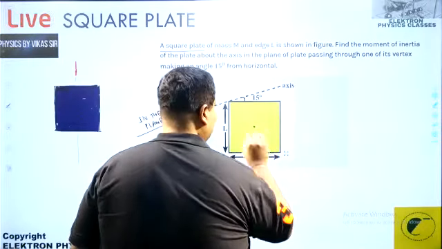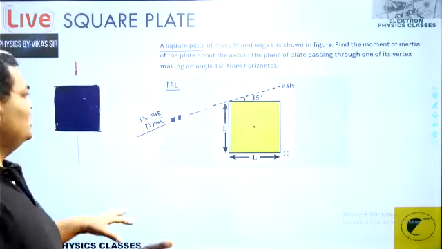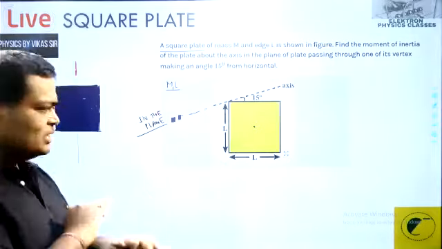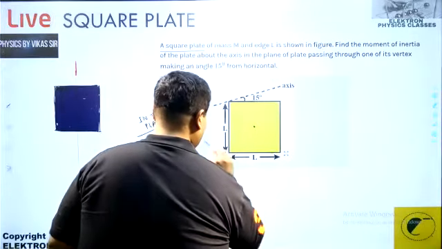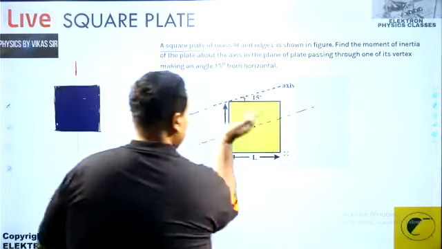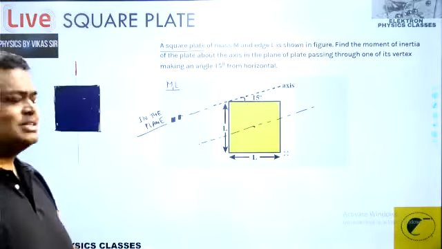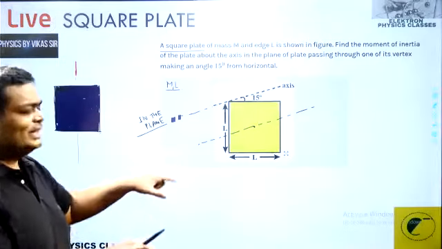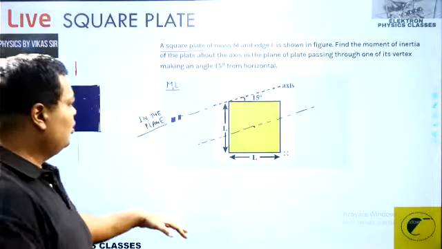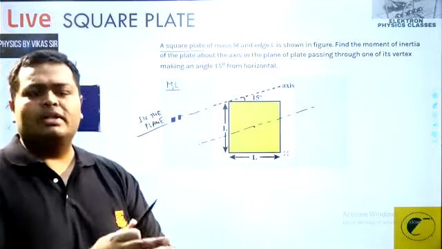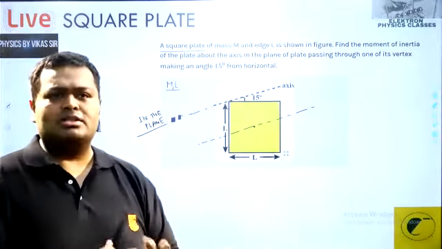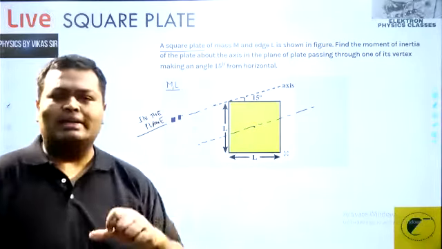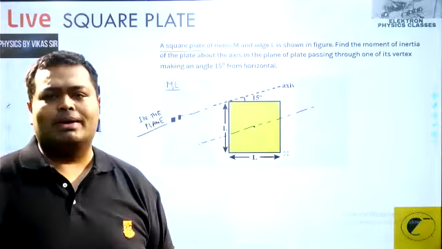This is the center of this particular plate. What I'm going to do is construct an axis which is parallel to this axis. If I construct an axis parallel to this, this will be that axis. Of course, it is not a diagonal axis or any other axis, but I don't care, because I need to utilize this feature: any axis passing through the center of a square plate and in the same plane will have the moment of inertia ml square by 12. And second, I'm selecting this axis parallel to this one because I intend to apply the parallel axis theorem also for achieving my result, right?